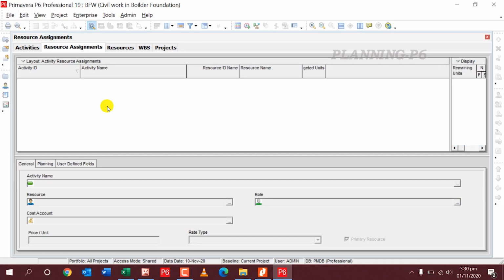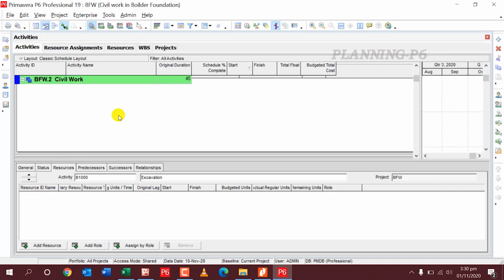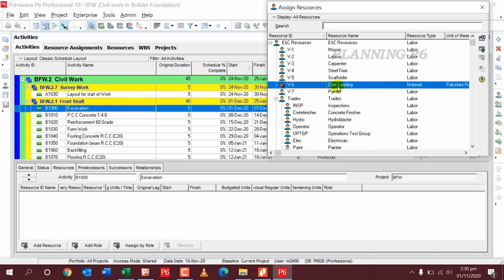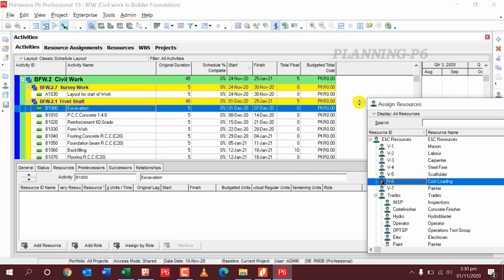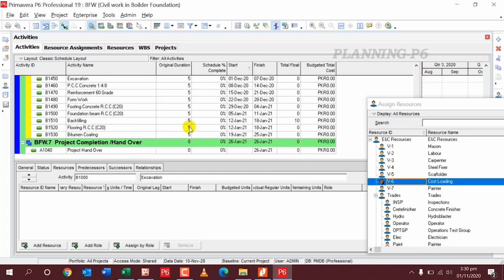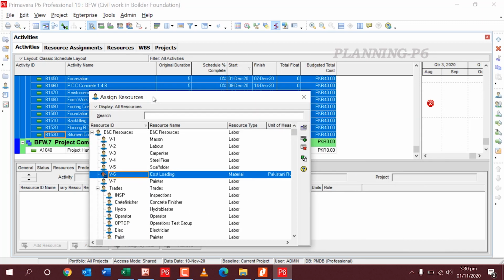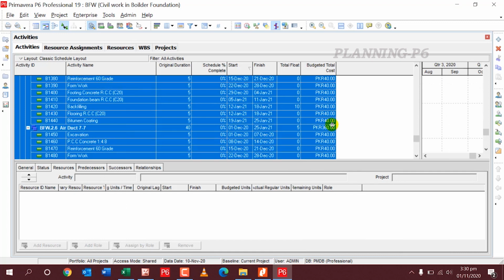Now I will go here, add resource again. You can see here, now it comes like 360 PKRs, and there are some values on the top.